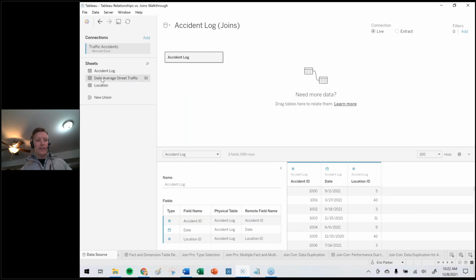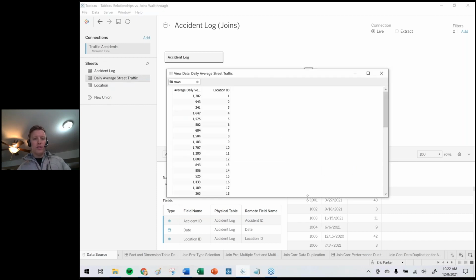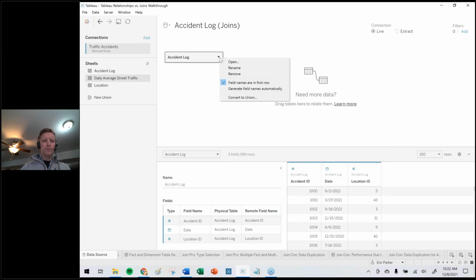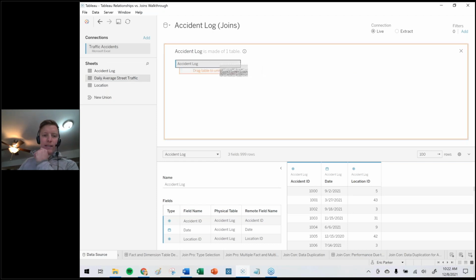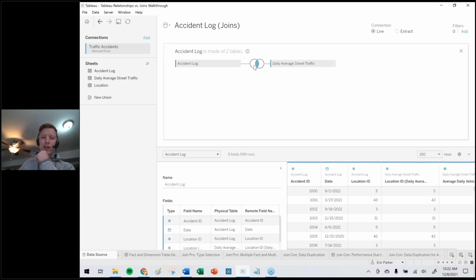And then I've got a different fact table, which is the average daily vehicle traffic on a given street. So if I wanted to know how many accidents are happening on these streets, over this time period of the accident log, and what's the average daily traffic of those different streets. So let me open up the accident log, right? And if I try to join these together, so I take the accident log, join to the daily average traffic,